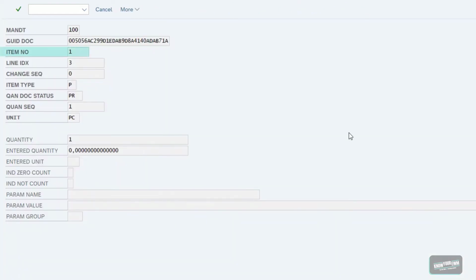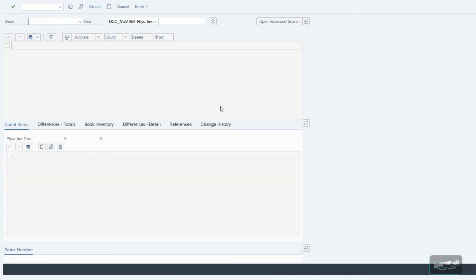Our line index equals 1. The quantity is also 1, because our handling unit contains exactly one piece, and the entered quantity is 0, because, well, we never entered any quantity. Now that we showed you the initial state of our physical inventory document, we need something to happen with it,